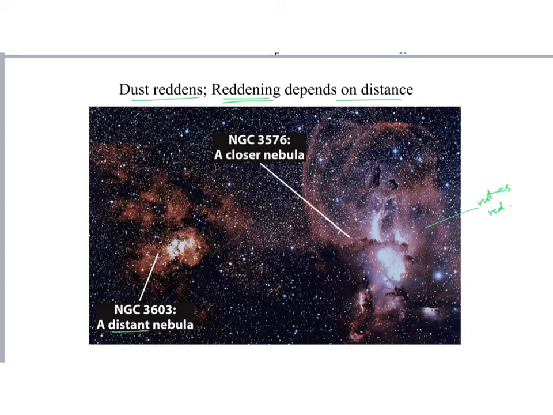But this more distant nebula is even redder. So sometimes we look at things through the telescope and we see them red, and most of the time it's going to be very hard to tell whether that thing is red because it's far away or because there is more dust that makes it red. So, one of the conundrums for astronomers